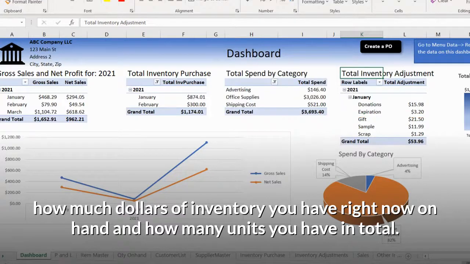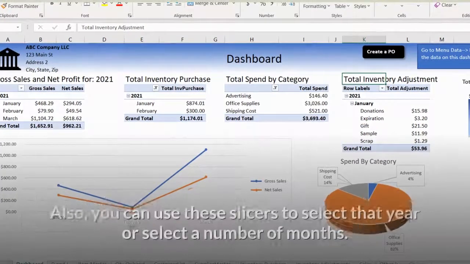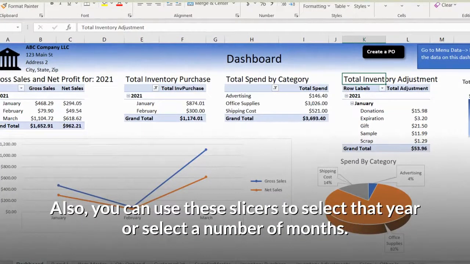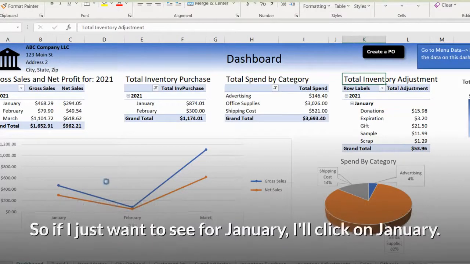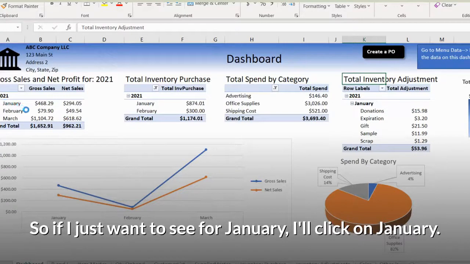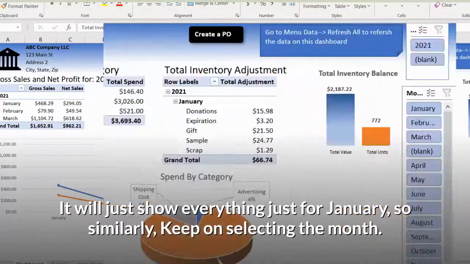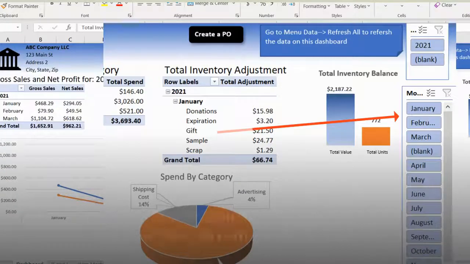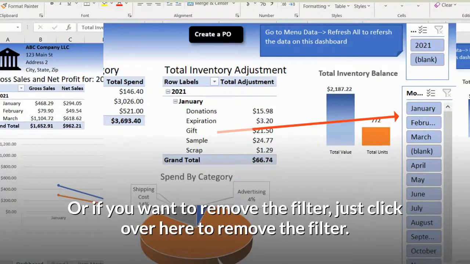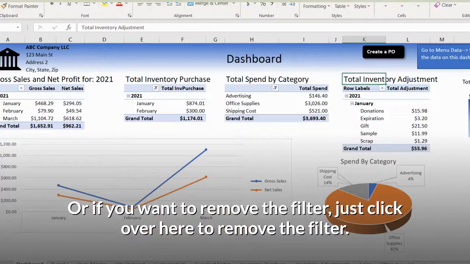Also, you can use these slicers to select the year or select the number of months. So if I just want to see January, I'll click on January. It will just show everything just for January. Similarly, keep on selecting the month, or if you want to remove the filter, just click over here to remove the filter. Right now it's a little slow on my computer, that's why it's taking that long. So this is the way